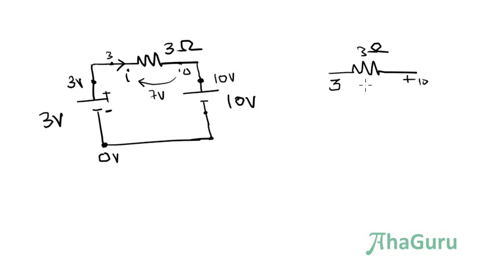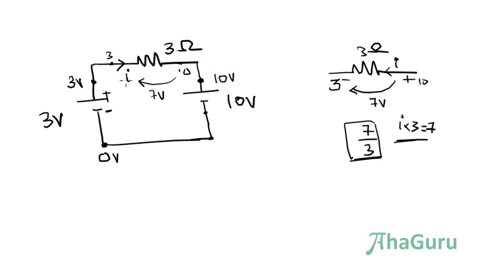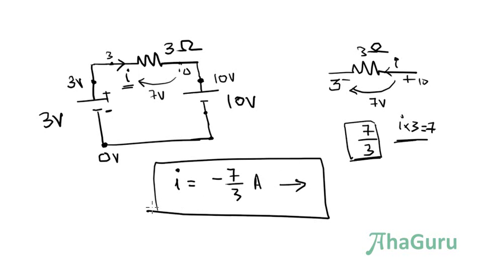So that means I'm going from a drop of, if I want to call it plus minus, I'm saying this is 7 volts. That means this current must be in this direction, 7 by 3, because if I say it's I, the drop will be I into R, and that must be equal to this difference, which is 7. So I must be equal to 7 by 3. Okay, but the problem is that I is in this direction, but they've asked us I in that direction. Therefore, this direction, the current is not actually 7 by 3, but minus 7 by 3. And so the answer to this question will be minus 7 by 3 amperes in this direction, right? In the direction that was given.